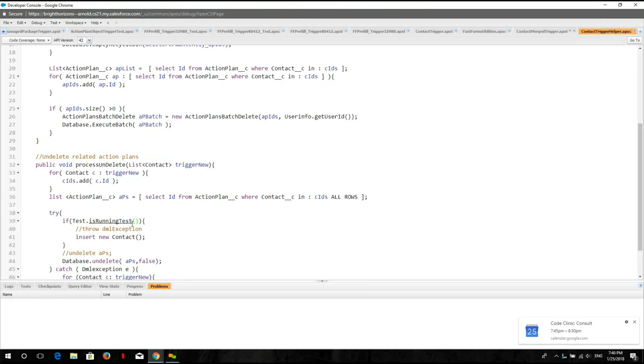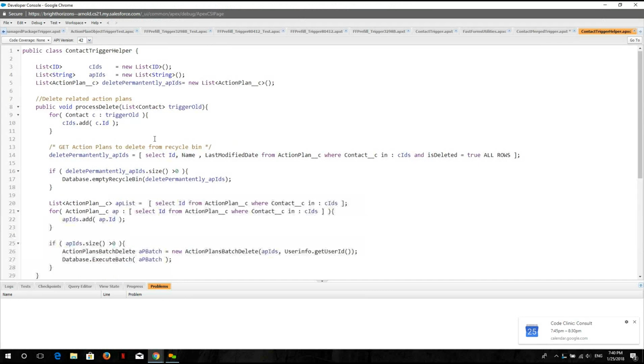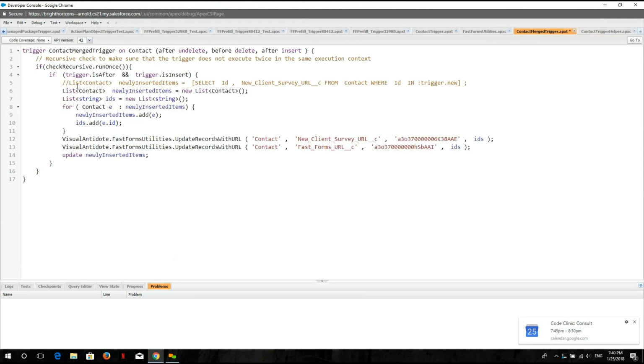Now we have two methods in this helper class, right? And let's go back to our trigger. And so we have here this if statement, right? For the if it's after an insert. And now we can say after that, if trigger dot is after and trigger dot is on delete,